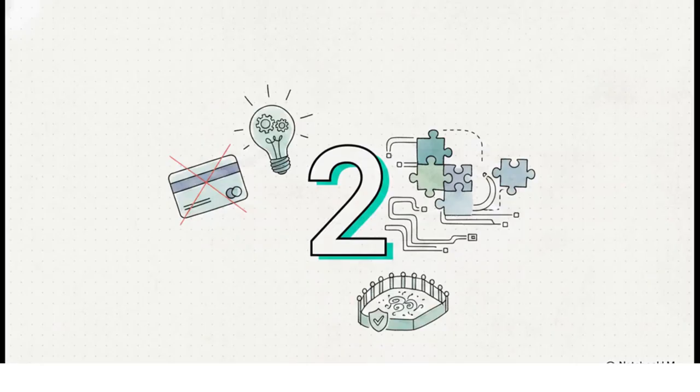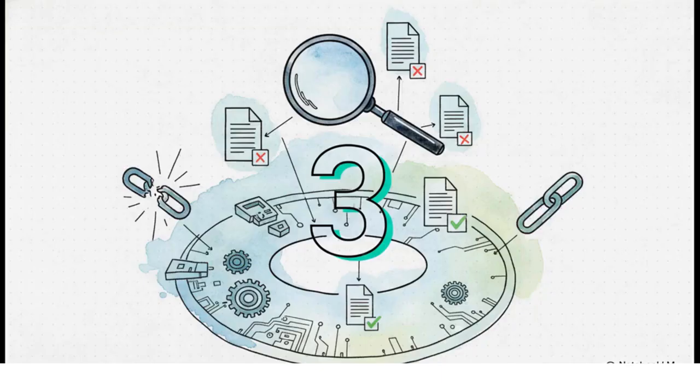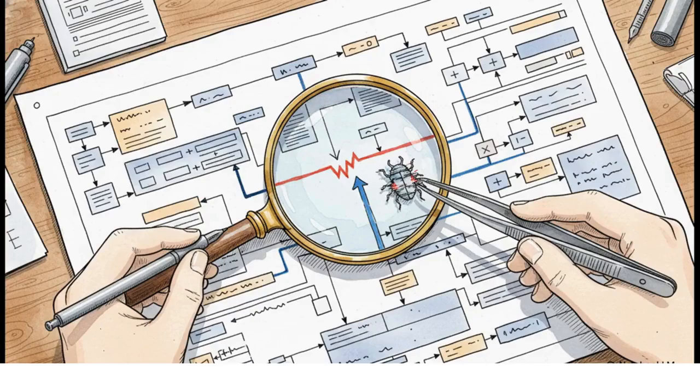Step 2, validate without cost. You can try out new features without using any live credits. You could perfect, say, a Zoho Sign and CRM integration, totally risk-free. Step 3 is huge. Detect errors early. You can find and fix issues in the Sandbox first. This stops that cascade of errors before it can ever mess up your real live workflow.